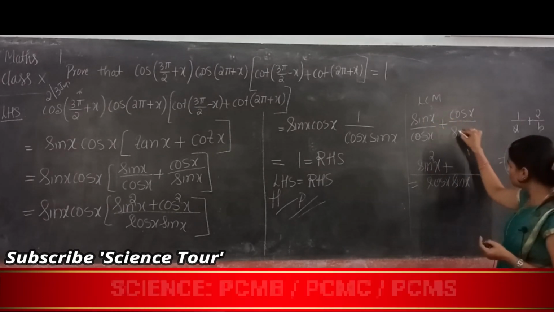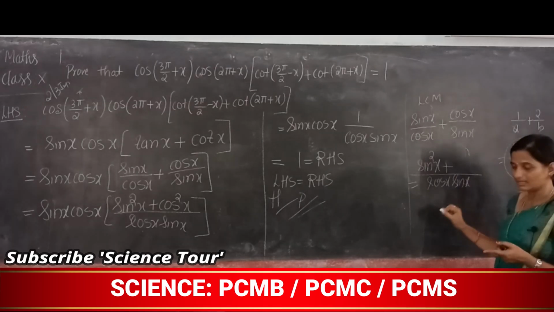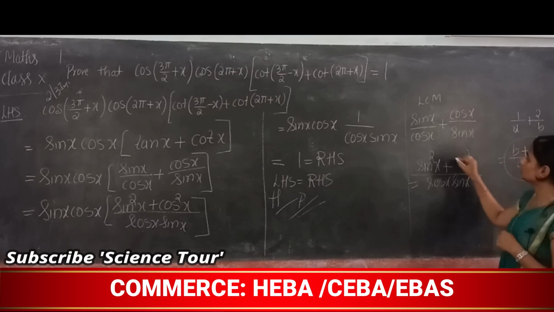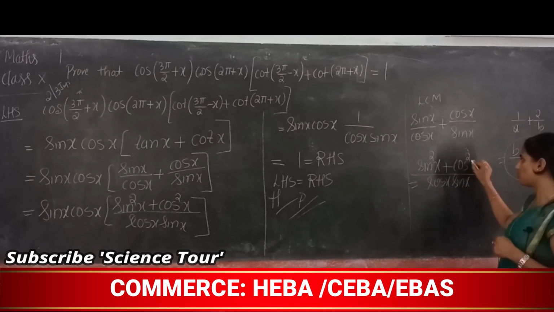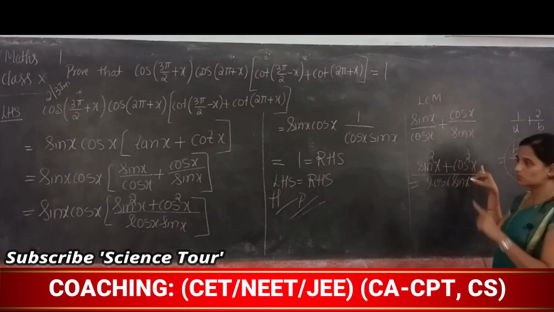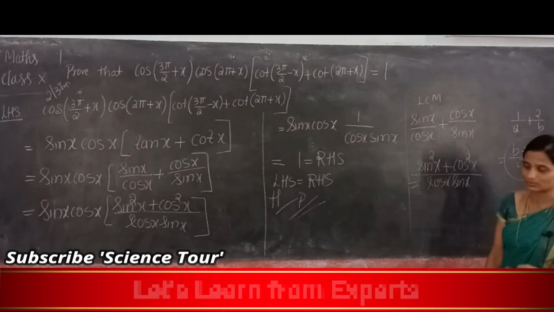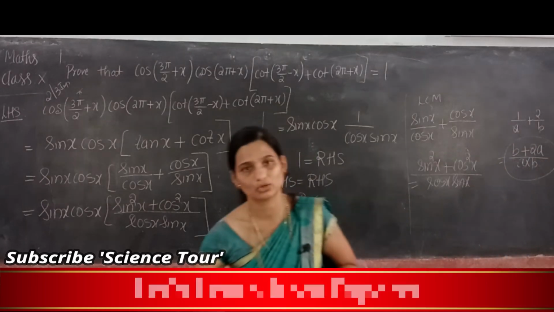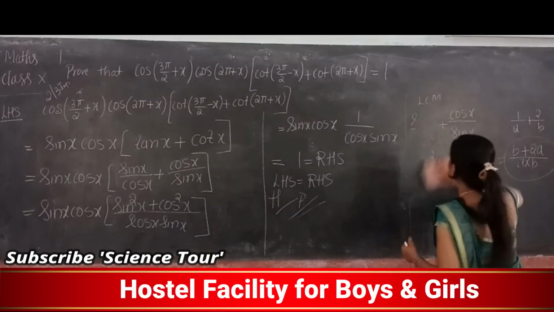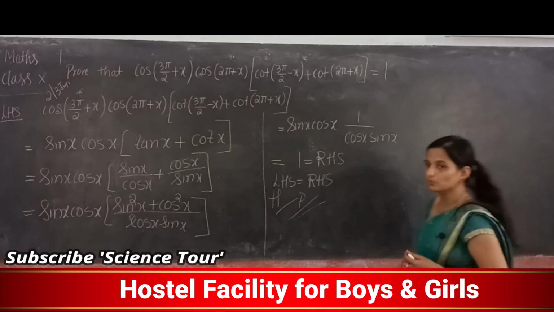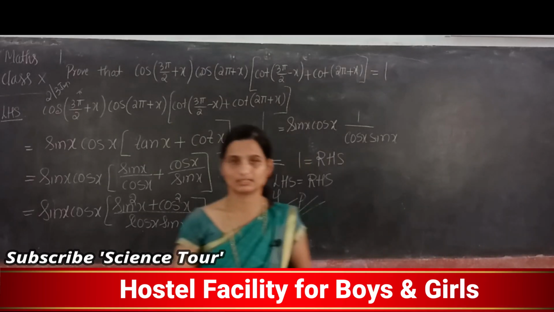Similarly, assume that sin x and sin x are cancelled. What is left here? Cos x. Cos x into cos x is what? It is cos square x. So sin square x plus cos square x, the identity, is 1. So now the next step is cancelling. So the LCM part I have also explained. This is important for 2 marks. So I simplified by using allied angles.